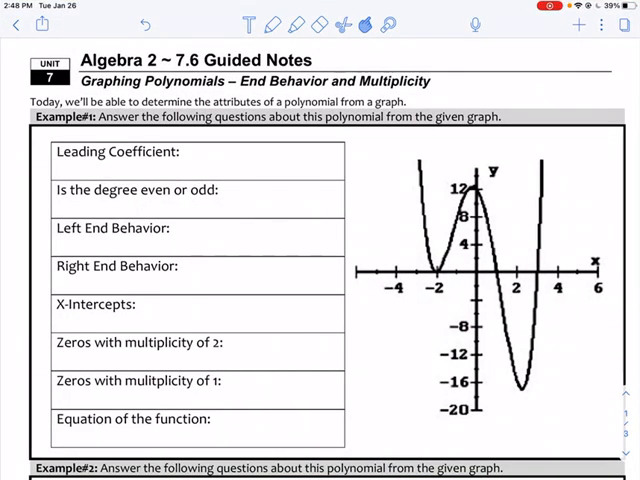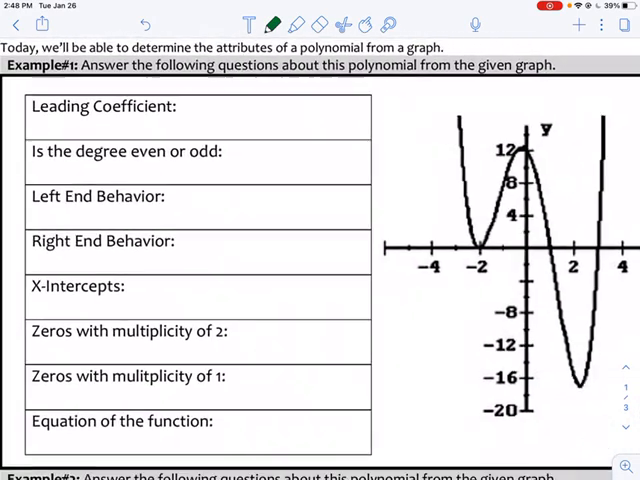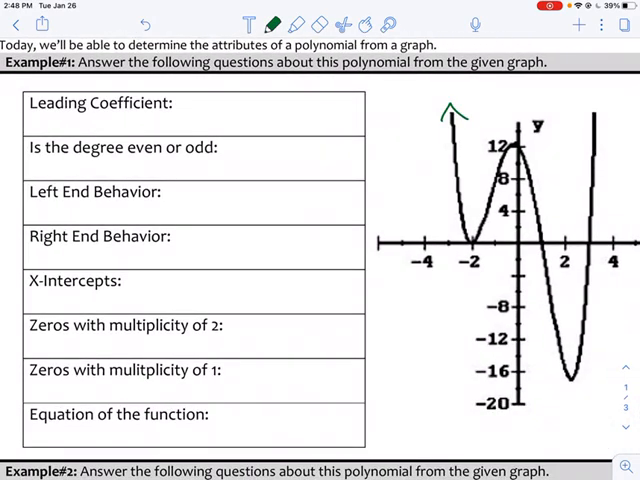All right, guys, here we go. We're going to jump into 7.6 notes. And we talked about end behavior and multiplicities last week, so we're really just applying that, and then we're going to do our review. So when I talk about leading coefficients, I can look at this graph and see that